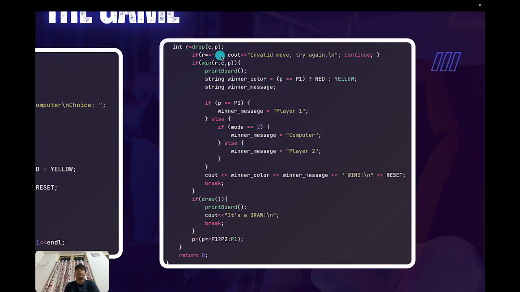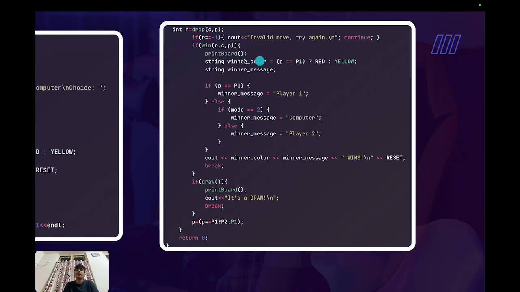And we have said that earlier, in all the false conditions or invalid move conditions, R was assigned -1. So if R equals -1, then cout invalid move. So we are printing that it is an invalid move, try again, and we'll continue the game. Otherwise, in most cases the user would enter some valid move, then we'd go from this flow. And if the last move was a winning move, then we'd print the board again,